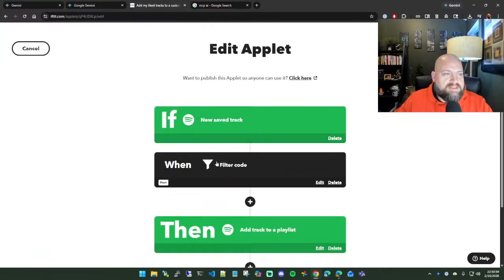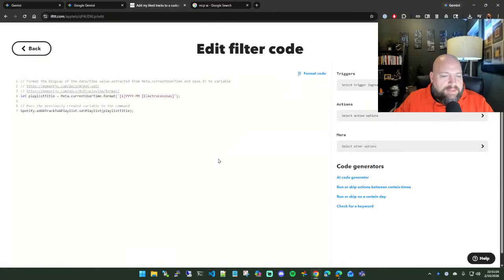I guess this feature is with the IFTTT Pro subscription. And I don't want to toot my own horn or anything, but I have a grandfathered-in subscription. It's literally like $2 a month. It is one of the cheapest subscriptions that I have, and it has just been invaluable. All right. This filter code is a way to format